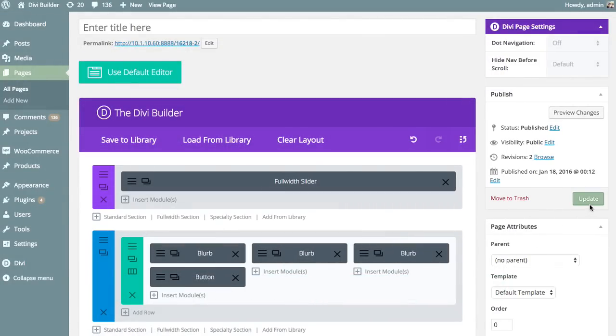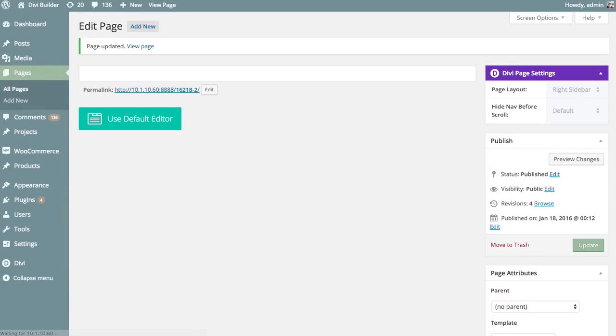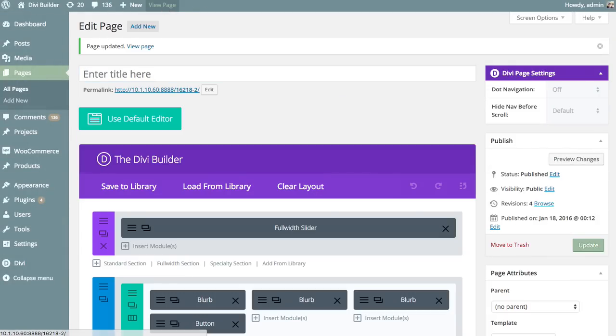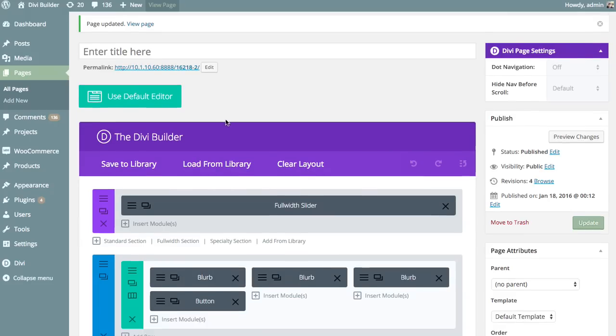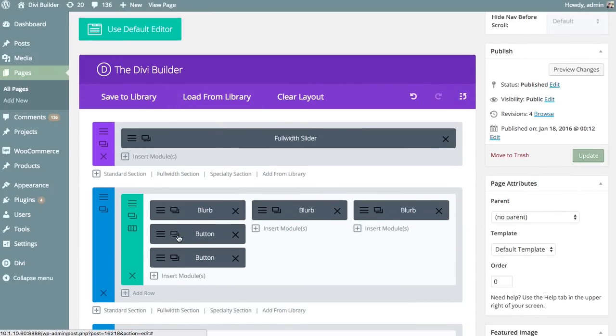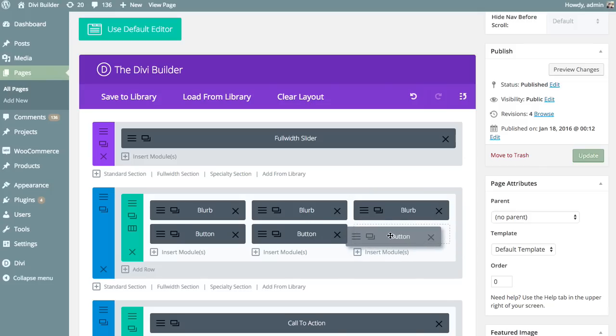So I'm going to save and exit, and then we're going to take a look at this button on the front end. And as you can see here, that button has been added below this blurb. It has my custom text, and it's a dark color and shows up great on that white background. And so to keep things easy, I'm going to duplicate this and place each of my duplicate buttons below the other 2 blurbs. And then I'm going to head back in here and just go over a few of the